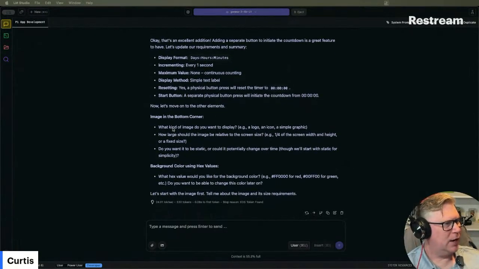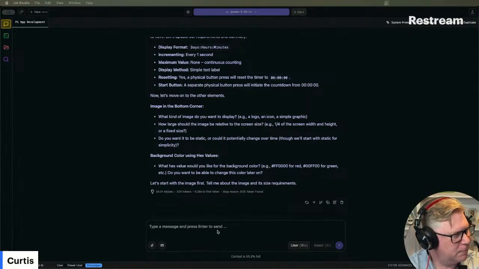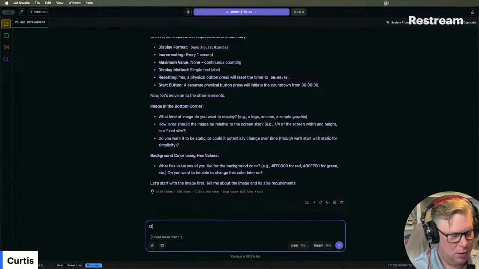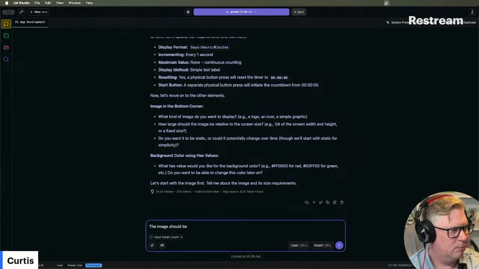And so what kind of image do we want to display? How large should the image be relative to the screen size? Do you want it to be static, or could it change over time? Okay, let's talk about that. Let's say the image should be full. No, because we're on background color. Should